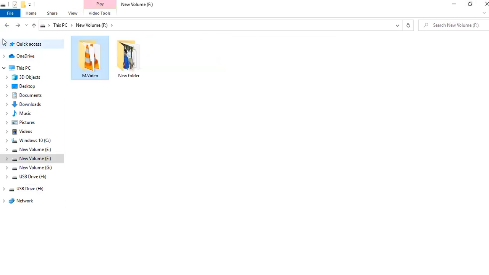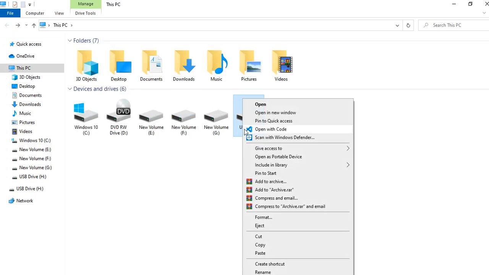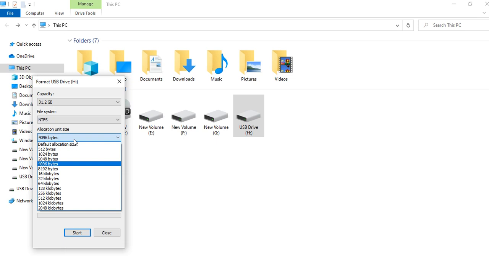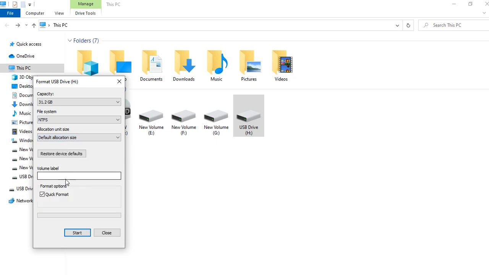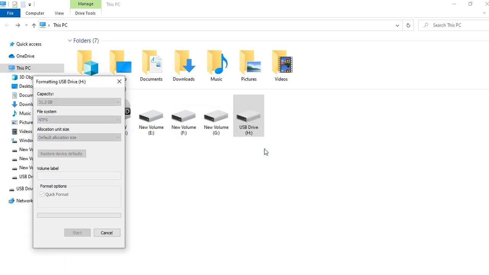go back, again back. So right click on the USB and go to the Format option. Over here, select the file system as NTFS and the allocation unit size as the default allocation size, and that's all. Just click Start, click OK, and your data will be lost, just a reminder. Okay,